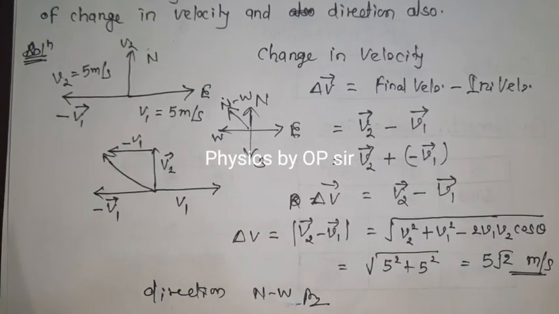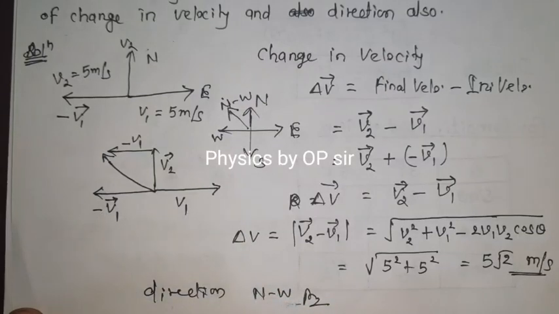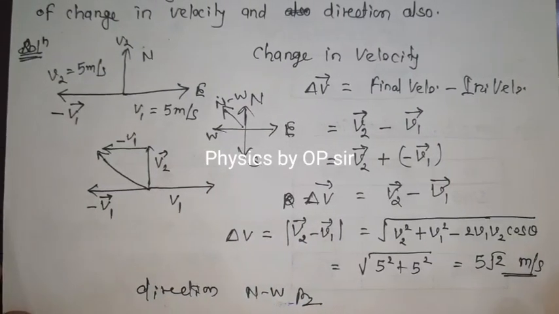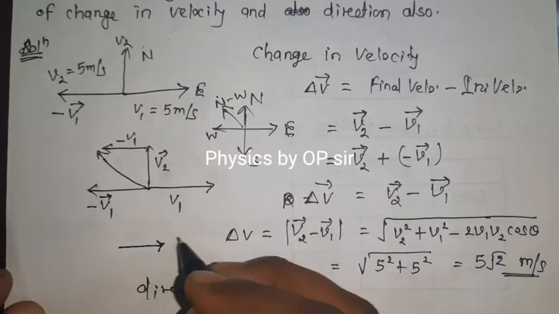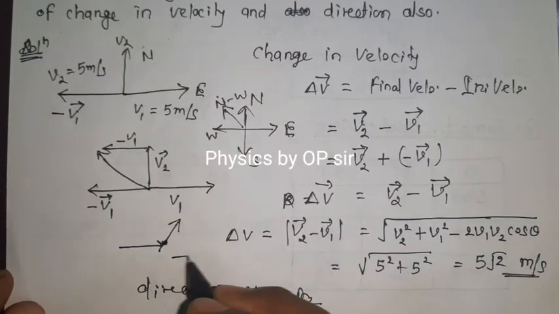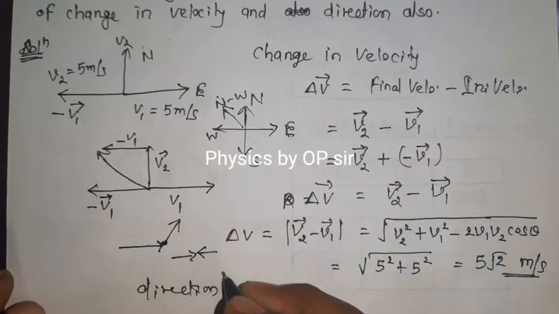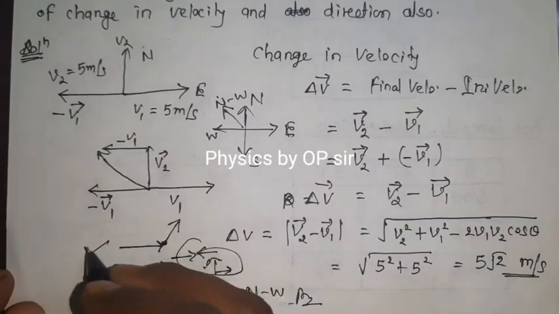Basically, this is a question of motion in a straight line, where we will discuss velocity. But why are we discussing this in the vector chapter? Because of understanding the concept of the negative vector, how a negative vector is drawn, taken in the opposite order, and how two vectors are added. Two vectors are added when the head of one vector meets the tail of the other vector. In this way we can't add them, we can add them like this.